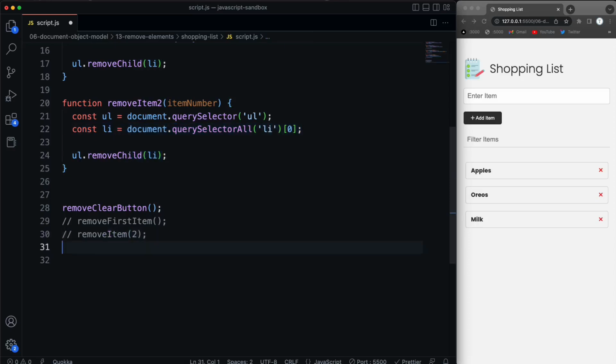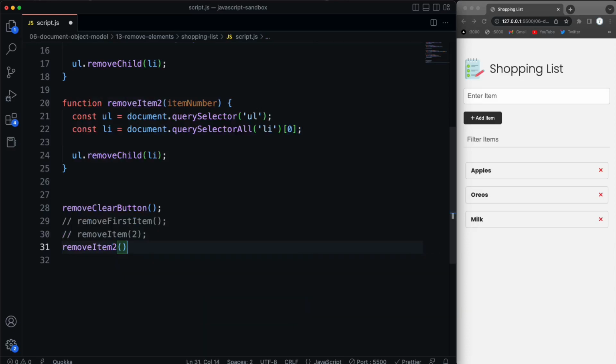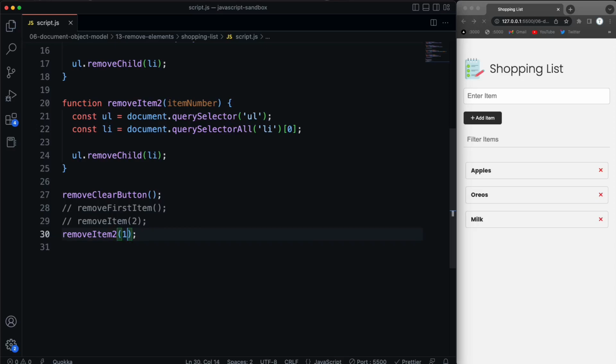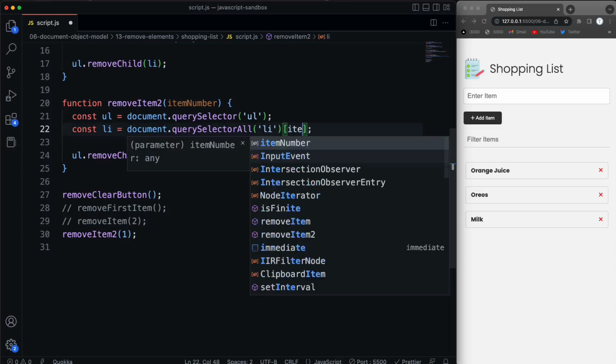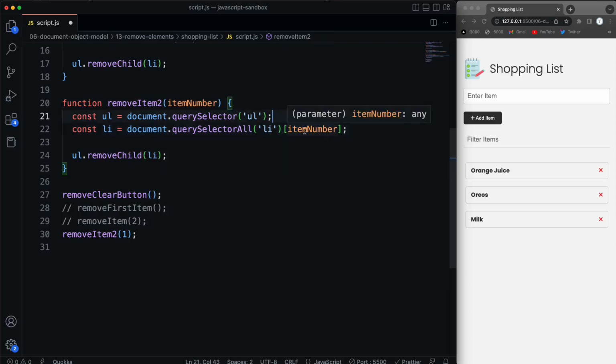So to give you an example, let's say removeItem2, and it doesn't matter what I pass in just yet. I'll pass in 1, but apples is still gone because I have 0 here. So what I want to do is this item number, I'm going to put that in here. However, remember it's zero based. So if I pass in 1 here, like I am right now, and I save, it gets rid of the second one, which is orange juice,